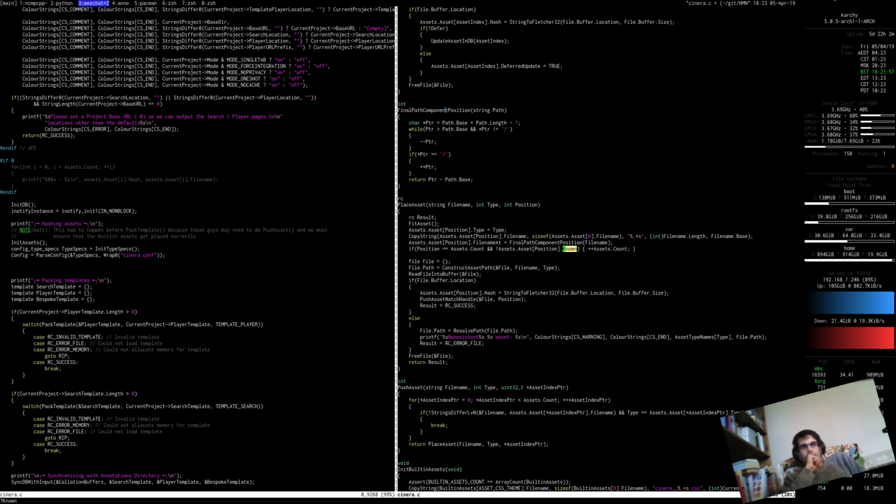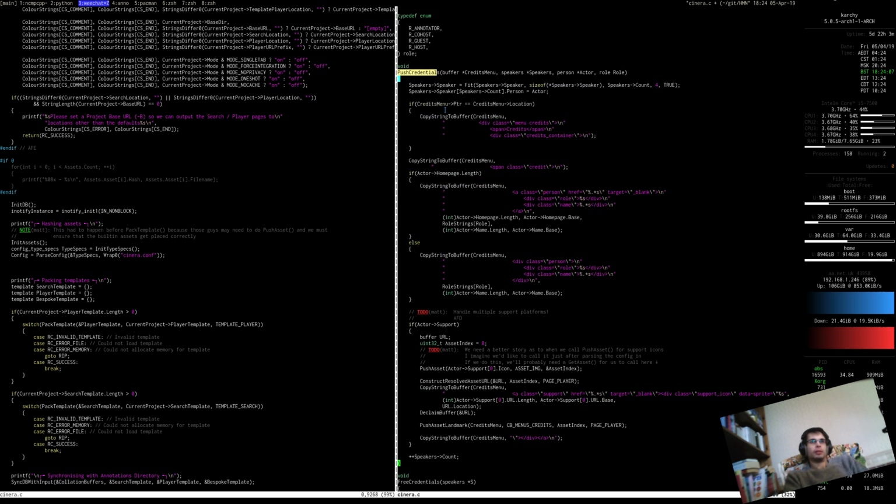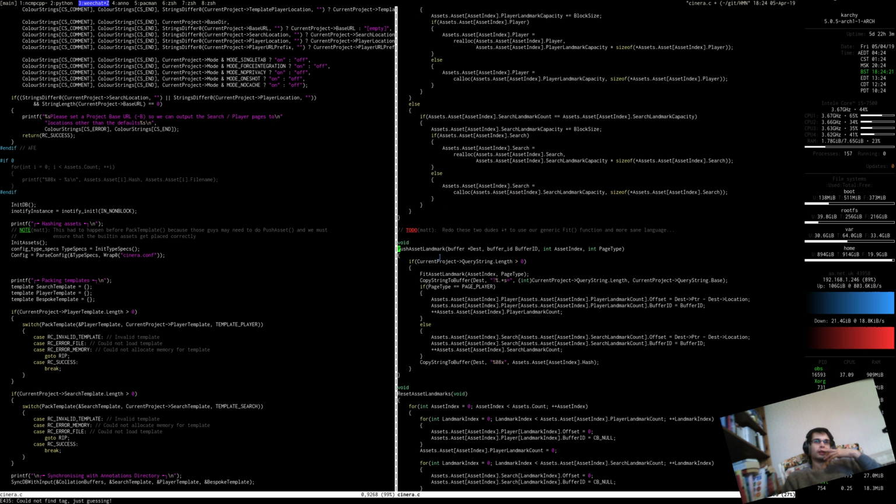Because basically, when we do the push credentials, I think here this push asset will kind of work, because when we push an asset landmark for this asset index, we're going to come through